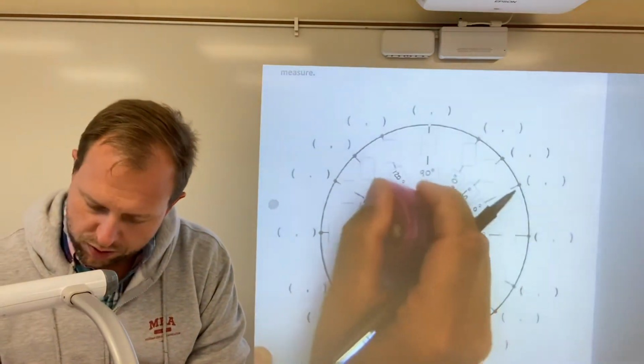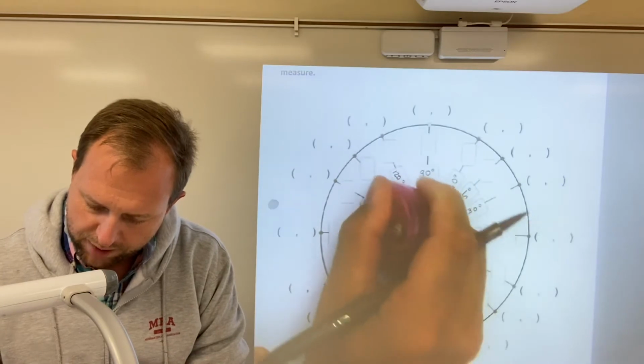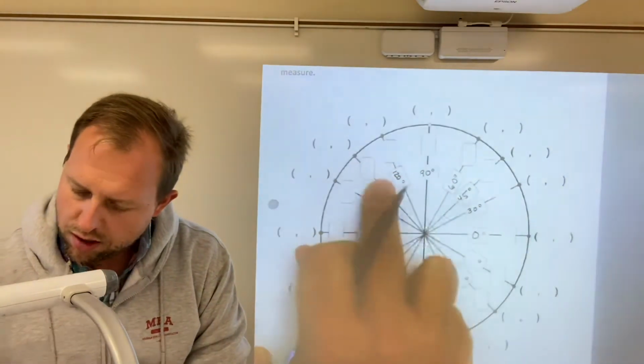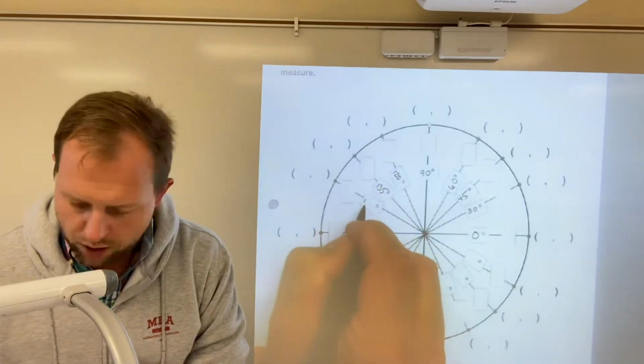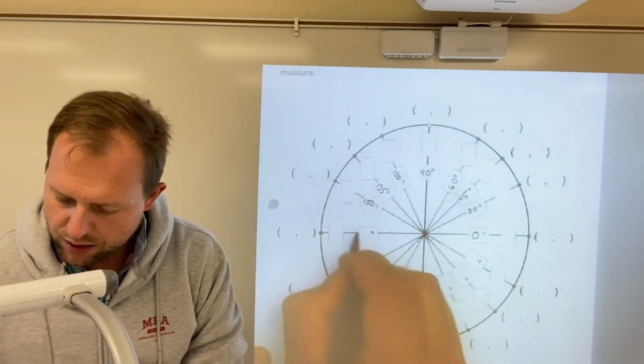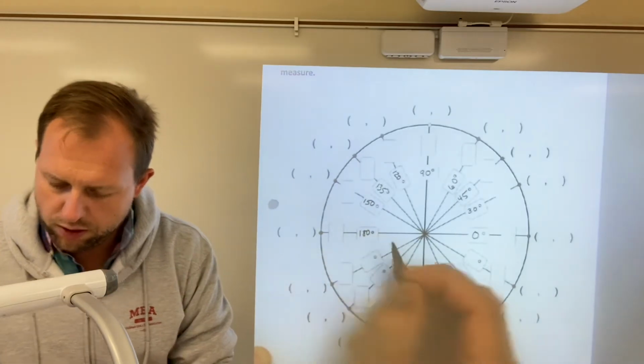135 degrees. I screwed that up. Keep forgetting the 45s. 135 degrees, 150 degrees, 180 degrees,